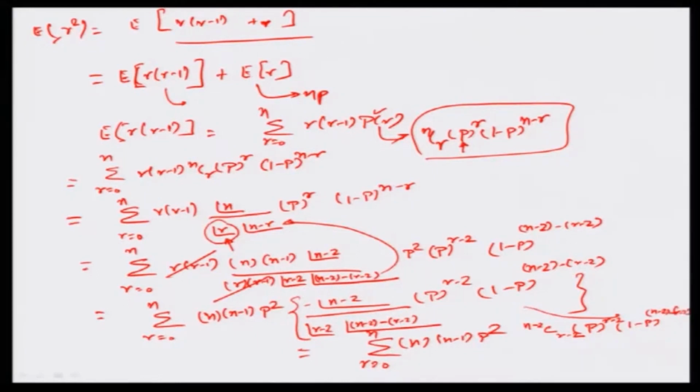So, straightforward, this whole term n minus 1 p square can come out of the sigma. So, you can record this as n times n minus 1 times p square times sigma